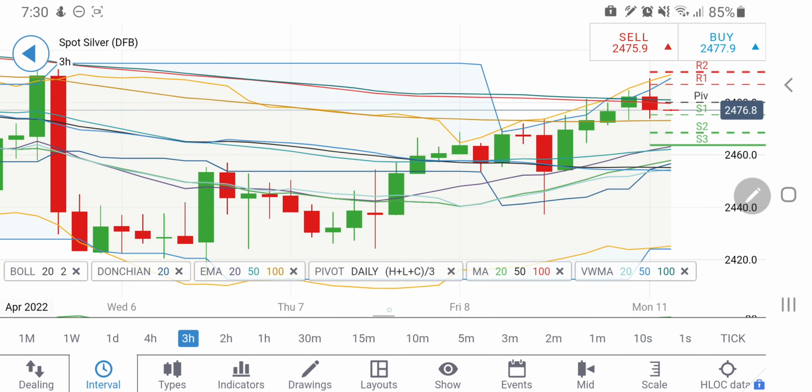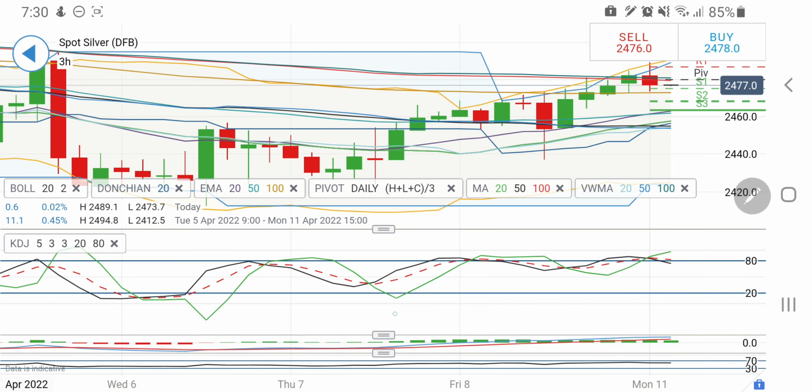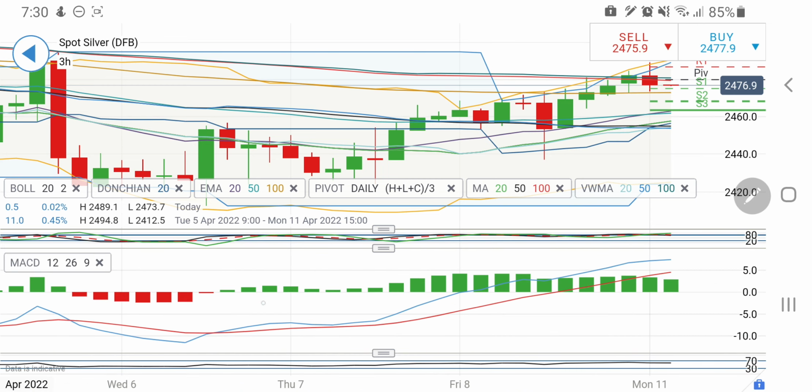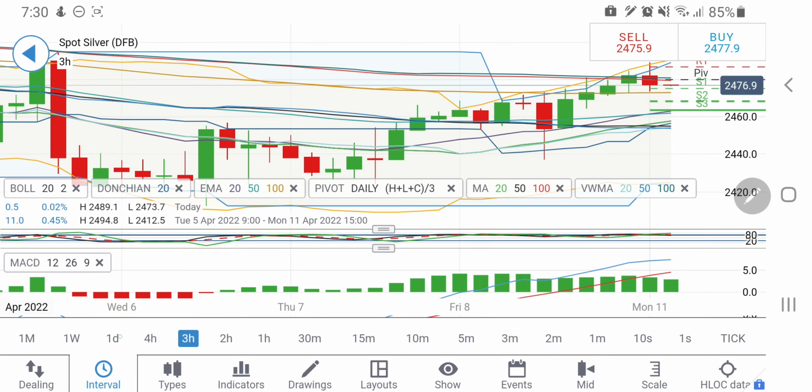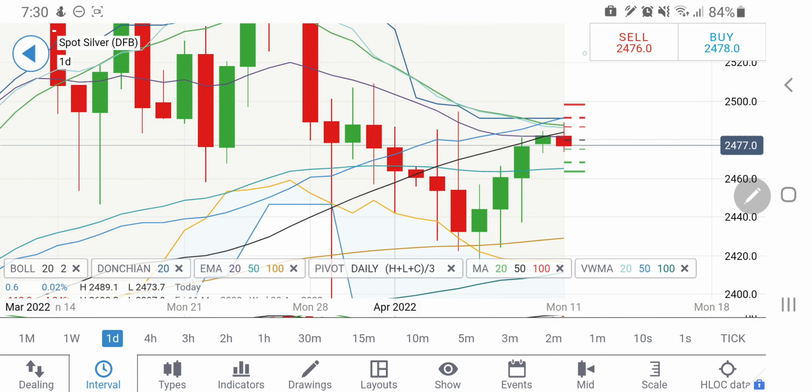Only if it breaks 2450, I will recommend that strong bearishness may come. The 3-hour chart is also overbought. MACD is trying to converge from here. If you look at the daily chart, we have seen a good rise here, but the body size is diminishing. So bulls are there, body size diminished, and there is a strong resistance zone at 2480, 2490.